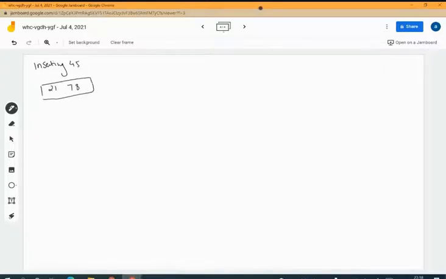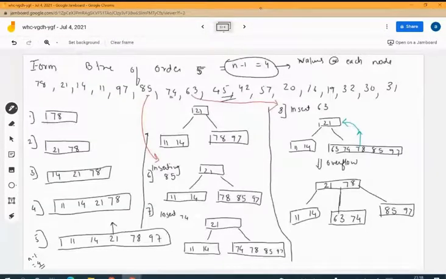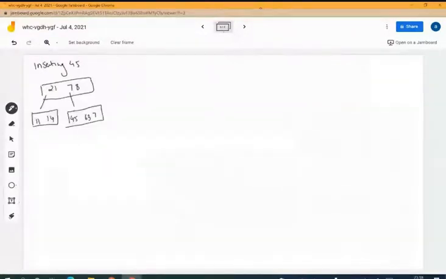Then 21 के left में 11 and 14. 78 के left में now 45 will be inserted. And previously, as you see, we had 63 and 74, right? So this will be 63 and 74. And 78 के right में we had already 85 and 97, right?